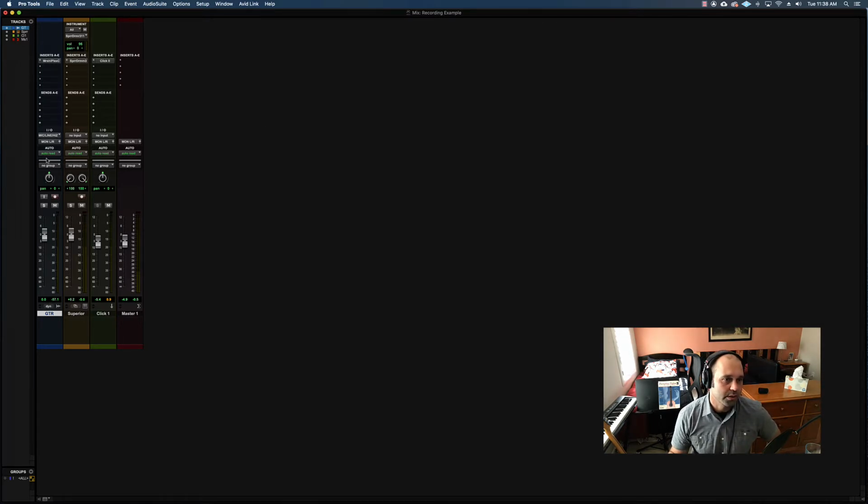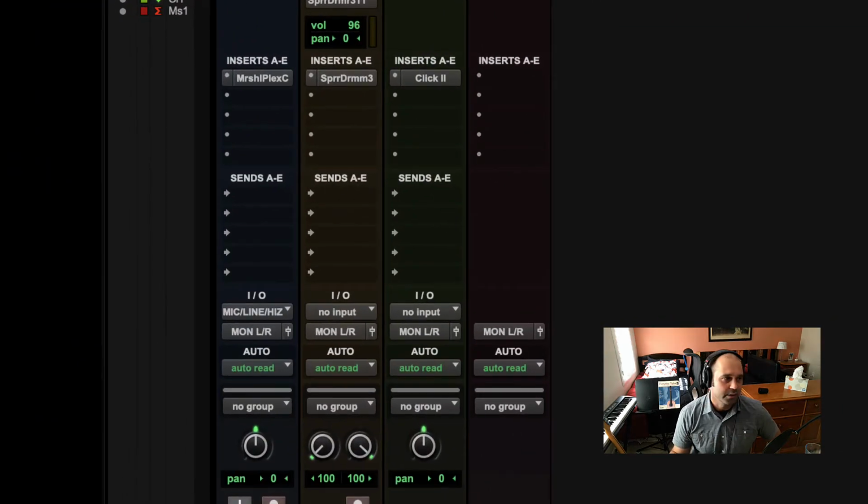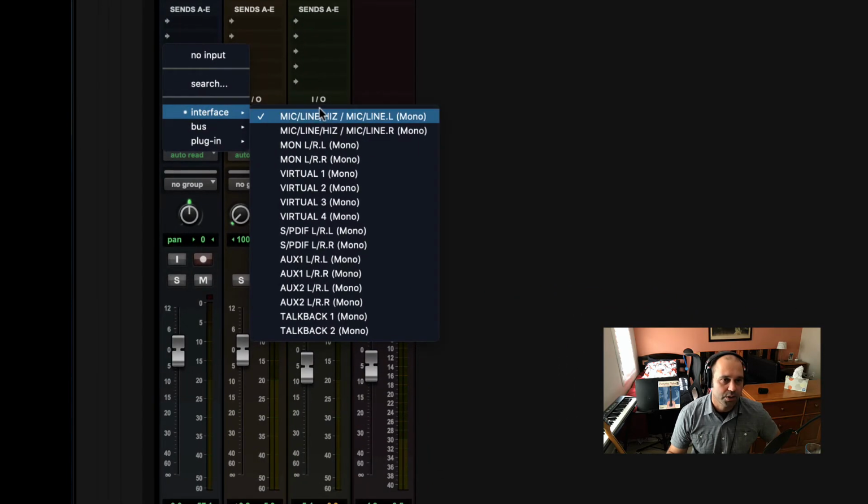And I'm going to record onto this guitar track. I have guitar plugged into my interface. And the first thing that we want to do is make sure that the interface is sending the guitar track to the right track in Pro Tools. And that is the top of these input-output drop-down menus. So the top one is input, the bottom one is output. So I'm going to click on the input and make sure that my interface has the right one chosen for